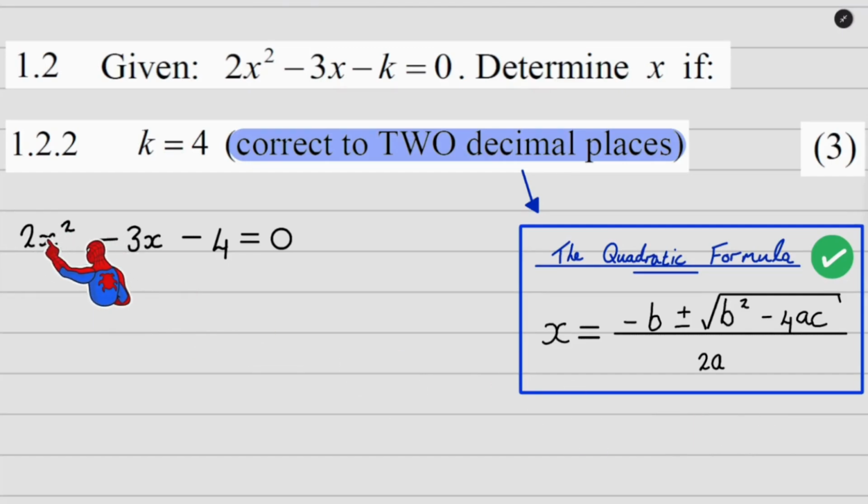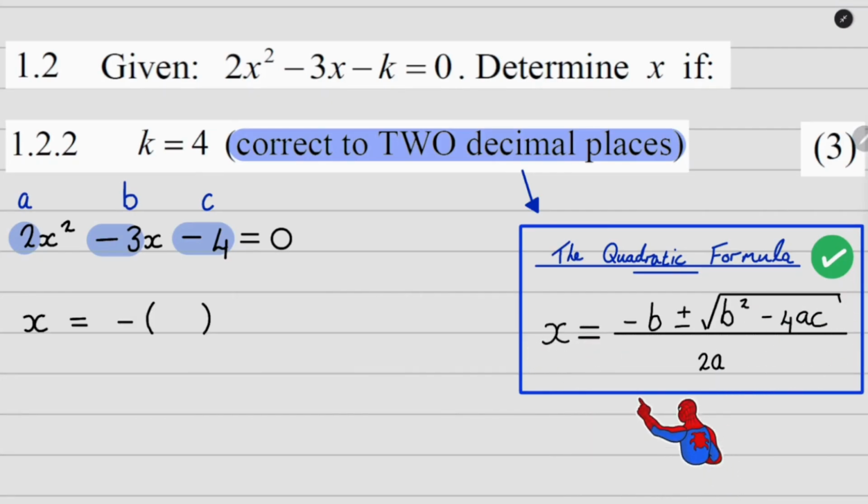A is the number in front of x squared. B is the number in front of x, and make sure to take the sign as well. And c is the number without an x, and make sure to take the sign here too. Alright, now that that's done, let's start putting it into this crispy little formula. So I'm going to write x equals first of all. And then it's going to be minus b. So it's going to be minus, and then I'll put b in this bracket, so a minus 3 goes in